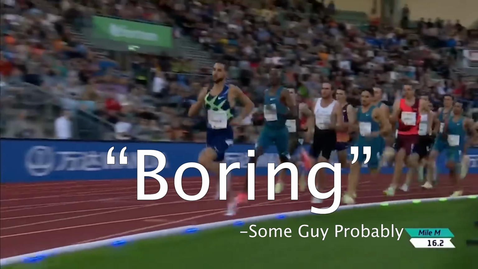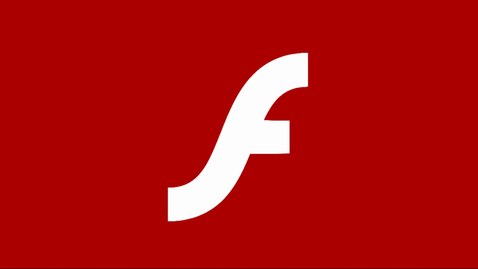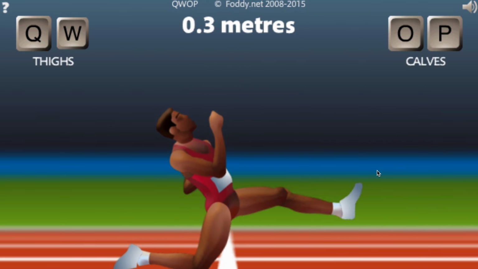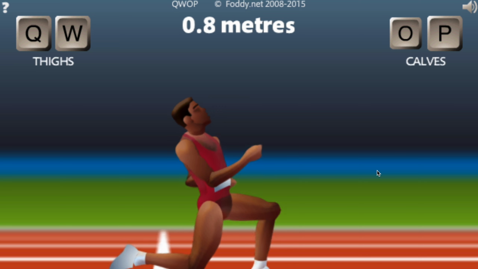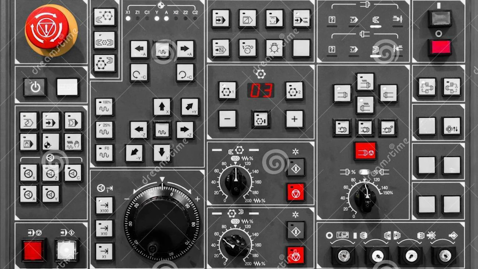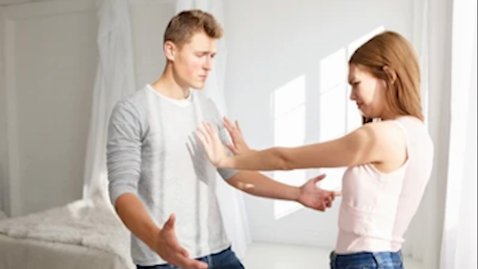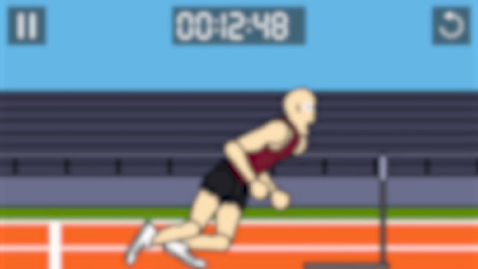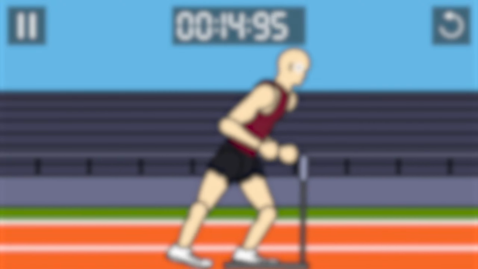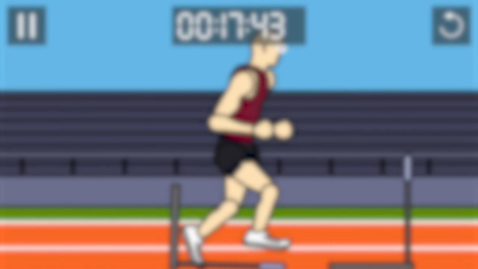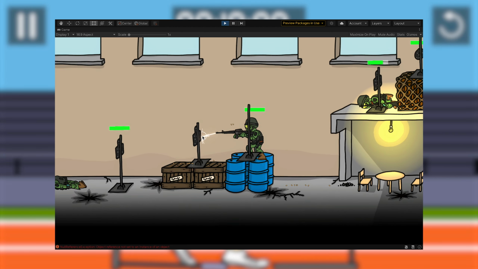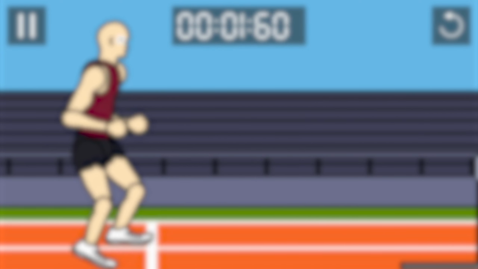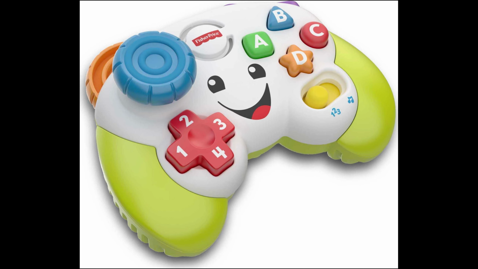Well, if any of you were alive for the thriving days of Flash games, then you might remember the hit game QWOP. Its frustrating movement gave players the drive to push through and try and accomplish something. But I also felt like the controls, the main feature, also pushes away a bunch of players by how challenging it is. So what if I use this game as inspiration for my own physics-based running game with a different set of controls and my own twist on things? Man, this channel is just me making a scuffed remake of popular games. I would try and make the movement fairly easy to understand and try to make it quite versatile.